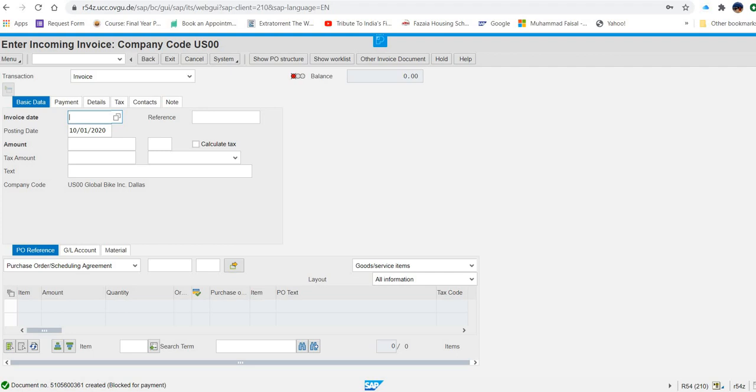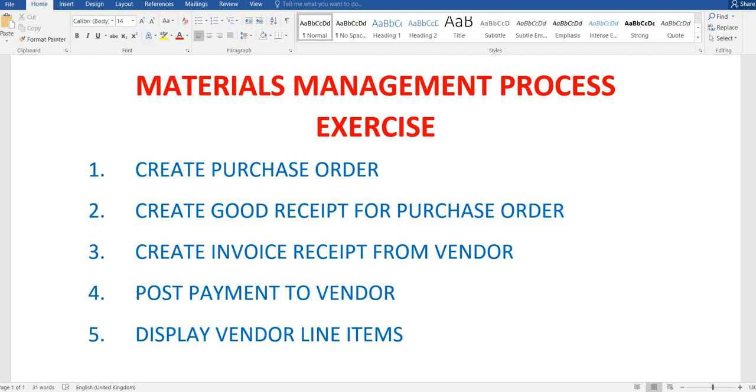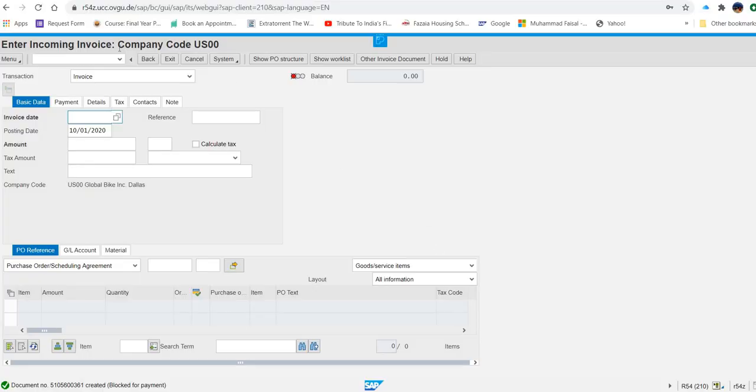So this third step is done. Now let's see what the fourth one is, and this will be the last one, because in this step the payment will be posted. So post payment to the vendor, this will be the last step that we will do. So I have to go out from this transaction.